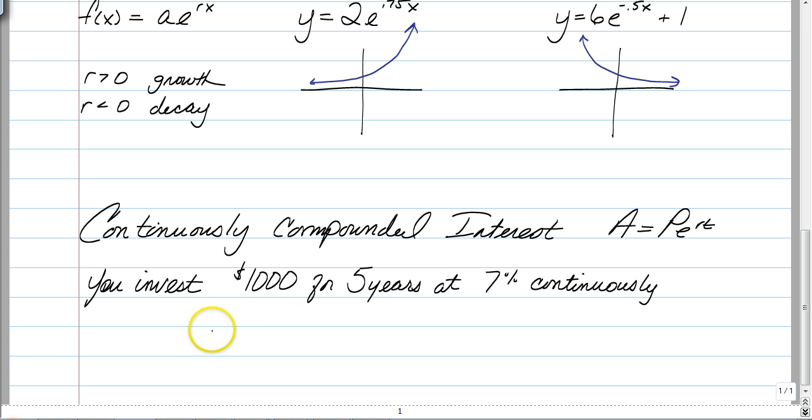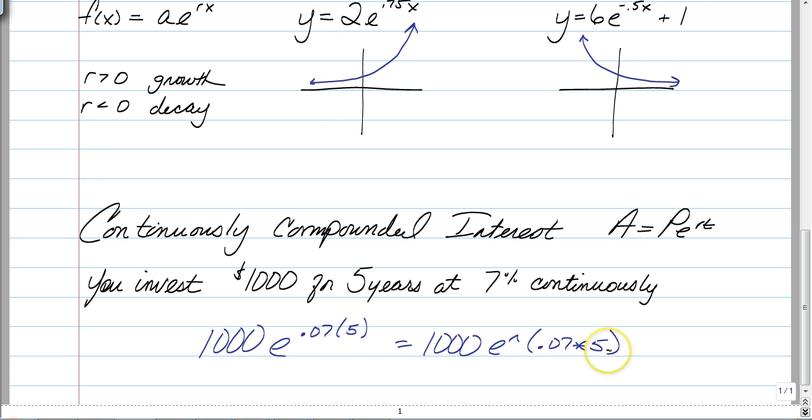So if you invest $1,000 for 5 years at a 7% interest rate, it would look like this. 1,000 e to the 0.07 times t, the amount of years. So all you have to do is take your calculator, type 1,000 e, and the little caret will pop up, and inside of parentheses you just type 0.07 times 5, and what that's going to do is give you your amount of money after 5 years, which in this case A is equal to